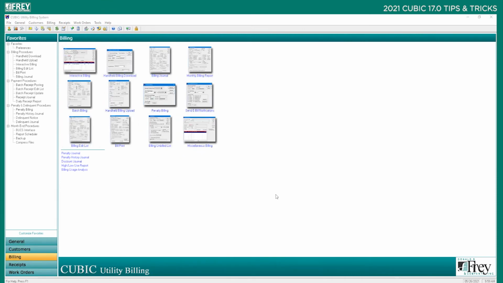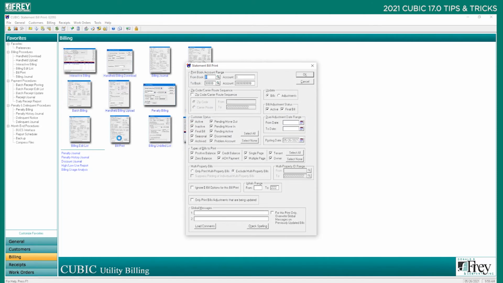For the ninth tip and trick, we're going to talk about bill print. The bill print programs, and here when you click on bill print, have changed to where when a bill prints and they have that ACH maximum set up, like the one person we set up the $100 on, and their bill is over $100, the ACH maximum line is going to print and say $100. So basically we'd go in here, we could fill in our information here on those bills, and then you can press the OK button,